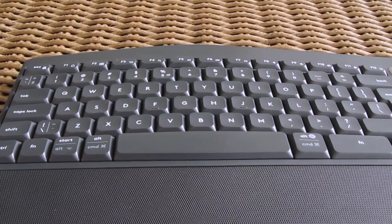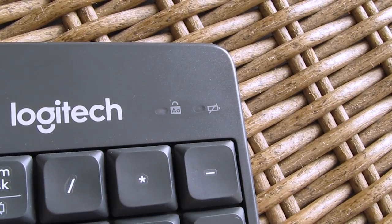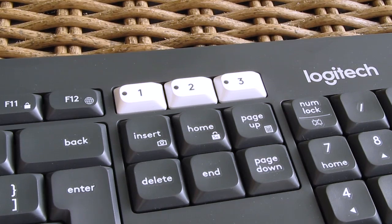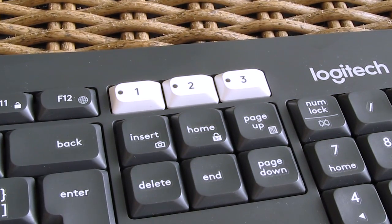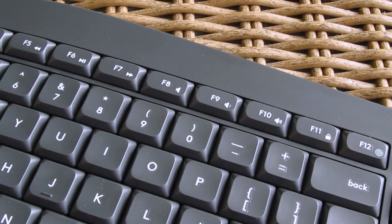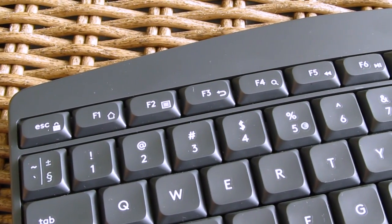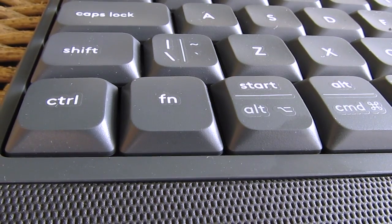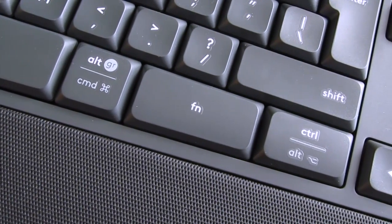Key layout is pretty much standard. You have your numpad portion on the right, above that caps lock and low battery indicator, and left of that 3 dedicated profile buttons for connecting up to 3 different devices. Function keys on the top are also carrying your usual shortcuts like volume up and down in combination with the FN key on the bottom, while you can also notice that Logitech put Apple command stickers since this model also supports